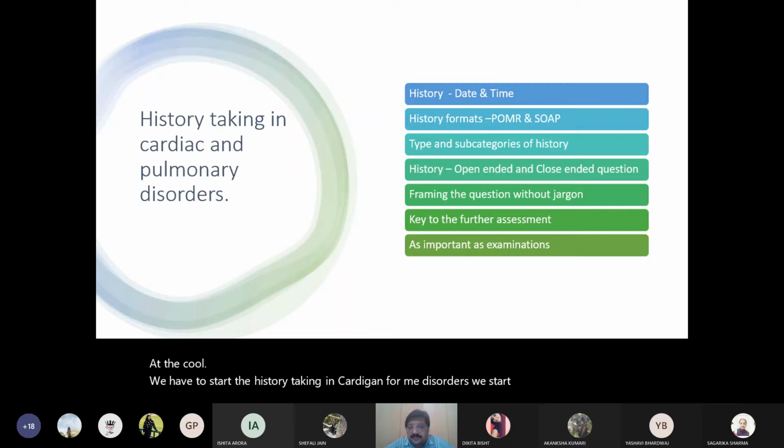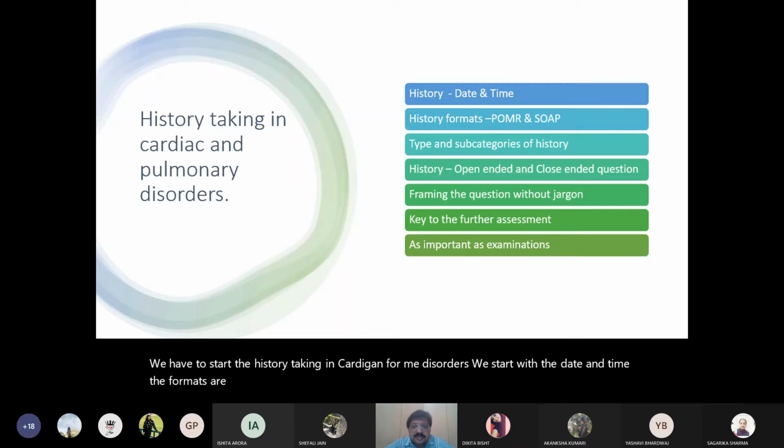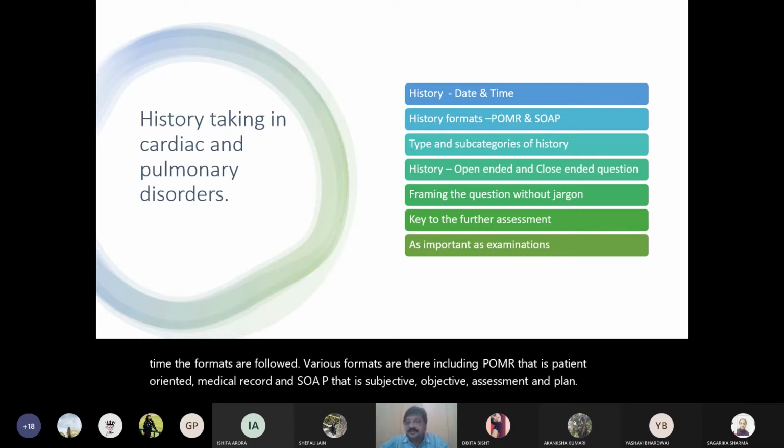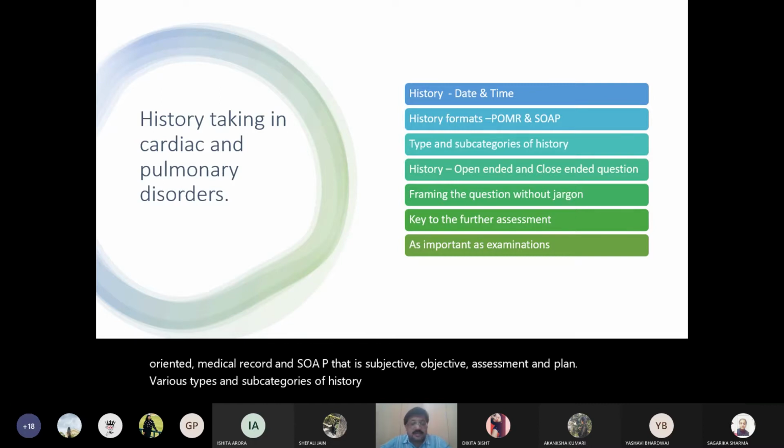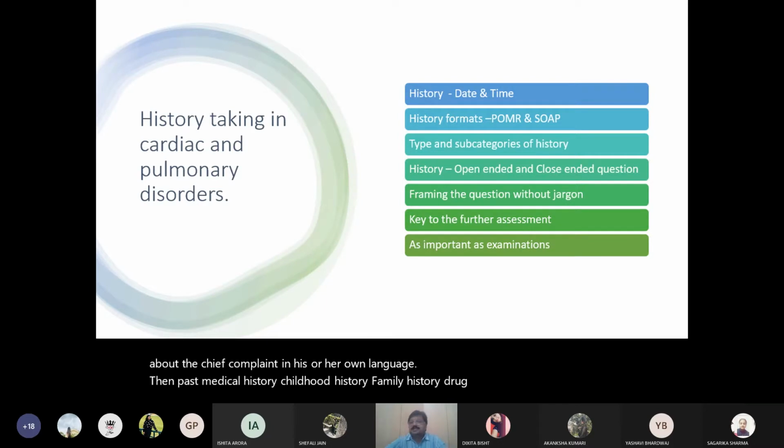The formats are followed, various formats are there, including POMR, that is patient oriented medical record, and SOAP, that is subjective, objective, assessment and plan. Various types and subcategories of history, like present medical condition, when the patient talks about the chief complaint in his or her own language. Then past medical history, childhood history, family history, drug history, history of the past medical condition, surgical